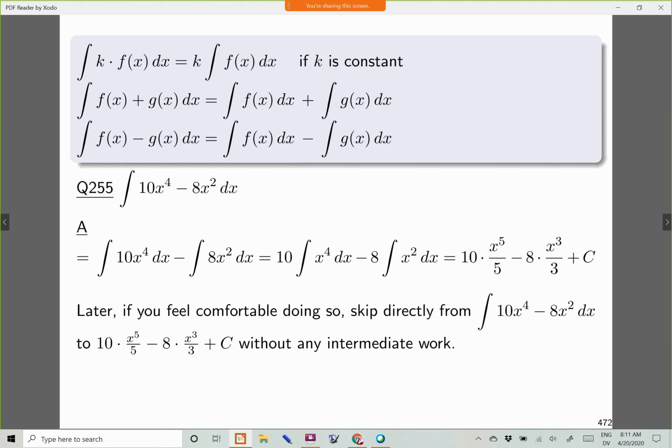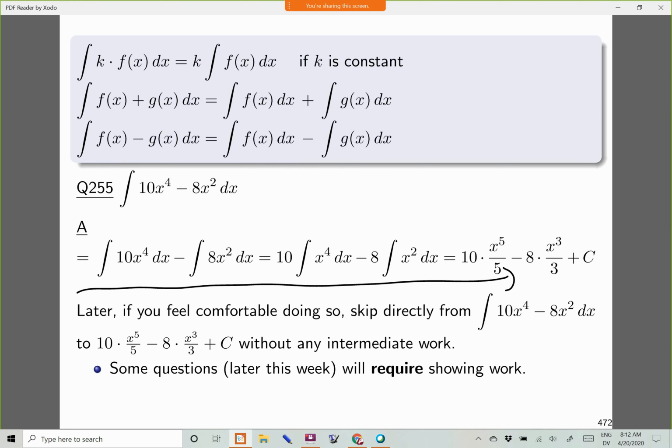I will make the following comments though about this. It depends on the problem whether you can get away without showing any work. Some questions, in fact, just later this week, will require showing work. In other words, there isn't a way to really do the problems that we will look at later on in the week without showing some work. So what I'm trying to get at is, this might seem like a whole lot of work to show, and so I'm trying to address right now, do I have to show all those steps? I'll say, no, just show a reasonable number of steps, and the point is, in some of the problems you'll see later in the week, I couldn't do them without showing some steps.